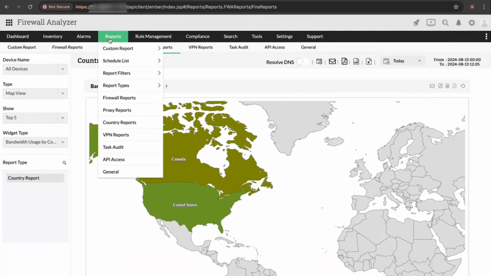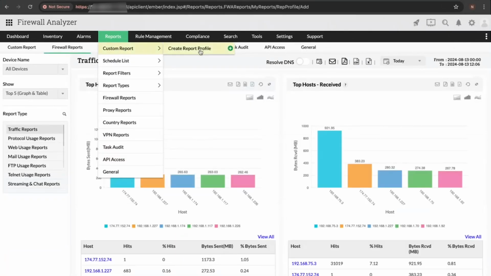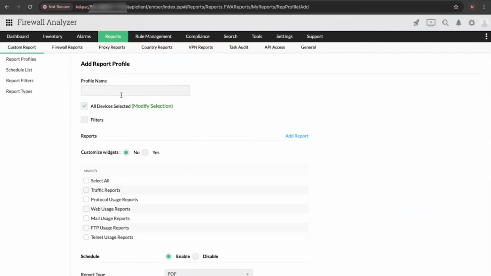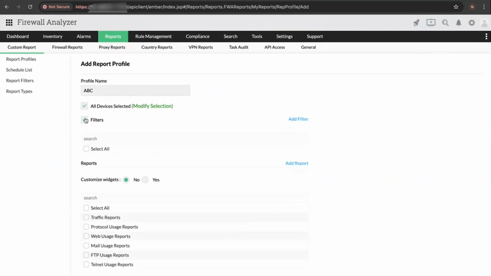Under reports, you have something called custom report where you create a report profile. You provide a profile name, so for example, let's say a profile name of ABC. You can select the devices or even modify the device selection. And I apply a filter here. And to add a filter,